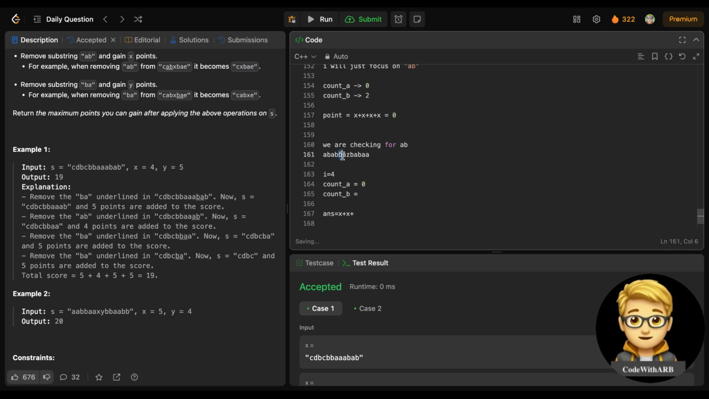Now we have B, but we don't have A, right? So we'll just store the count 1, right? We have A, so we will just store the count, right? So we will go to 6. Now at 6, this is Z, right? This is Z. It means